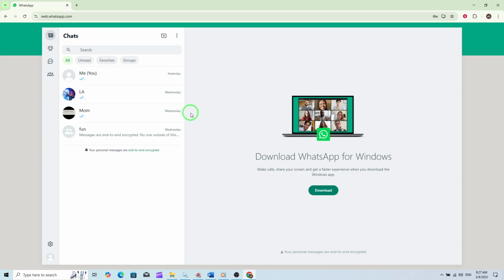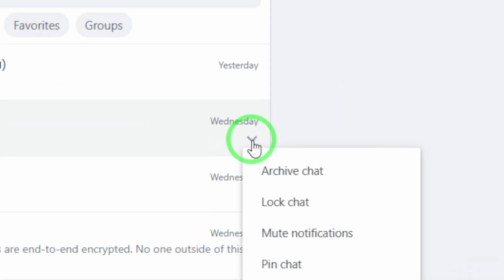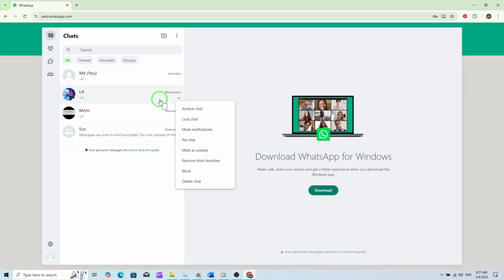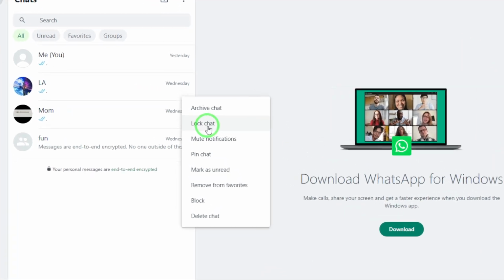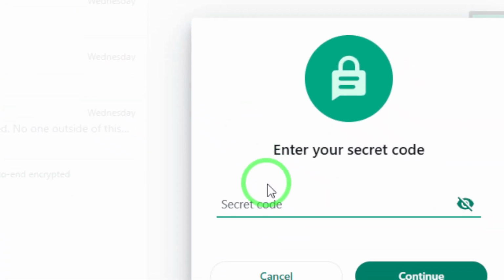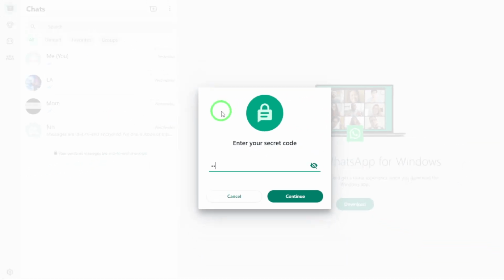Once you've found it, click on the More Options icon at the top of the chat. This will open a drop-down menu with various actions you can take. From this menu, select Lock Chat. This option will initiate the locking process for that specific conversation, adding an extra layer of security to keep your